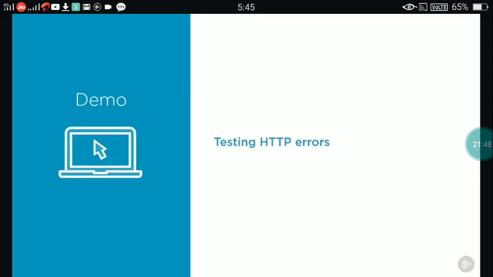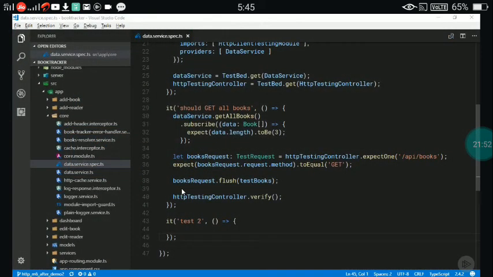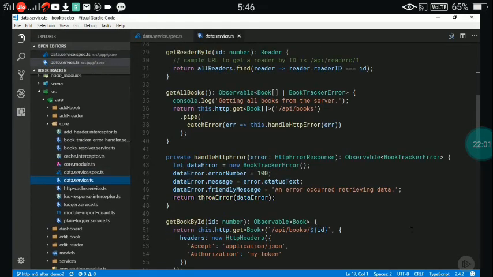Another test of the data service, and I'll show you how to test HTTP errors. I'm going to add another test to the same spec file I worked on in the last demo. But before I do that, I'm going to open the data service and refresh your memory on how I'm handling errors in it. Remember that in the getAllBooks method, I'm using the catchError operator from RxJS to process any HTTP